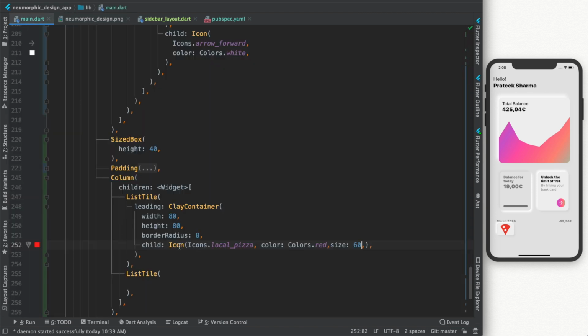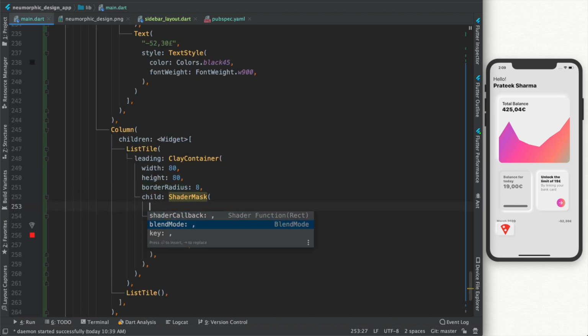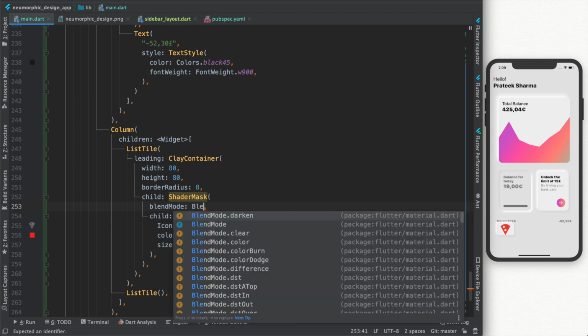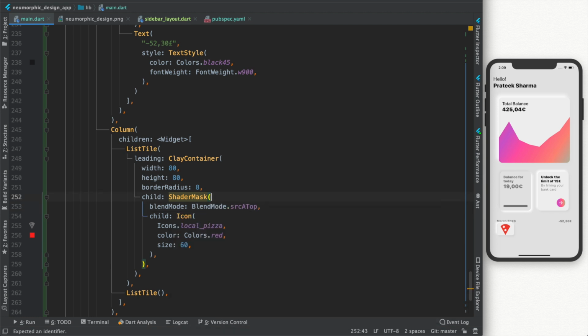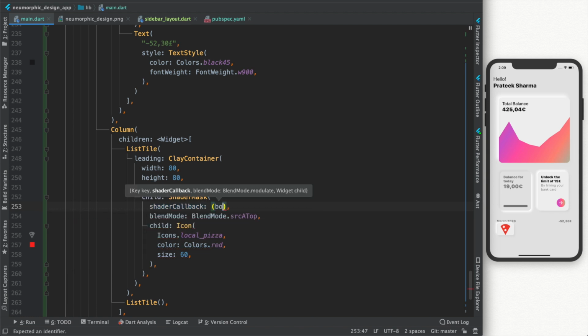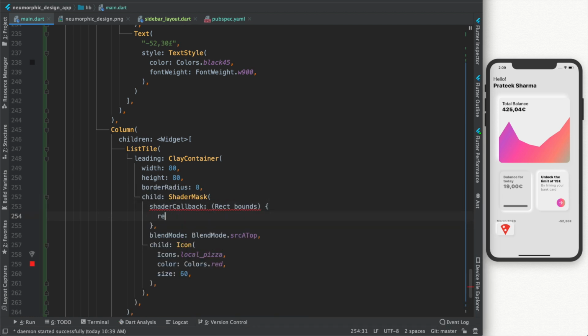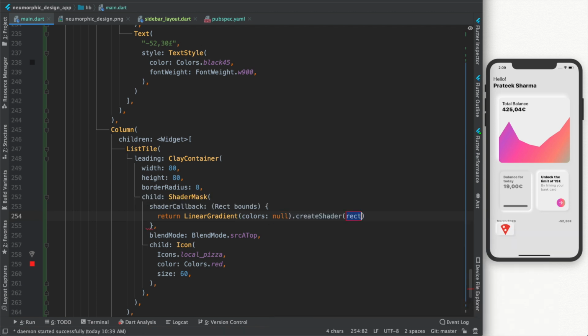So if you want to provide a gradient to this, you need to wrap it in ShaderMask. Okay, so ShaderMask basically creates a shader on top of your child, and it takes blend mode, which we will give as BlendMode.srcIn. Okay, and shaderCallback takes a function which will have a bounds. Okay, so it's a Rect which has bounds, and then it returns your LinearGradient dot createShader, and it takes that bounds. Okay,